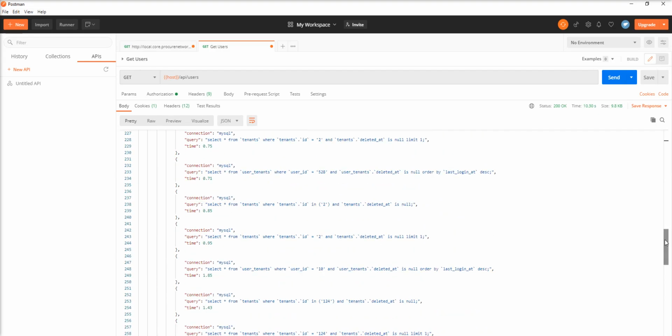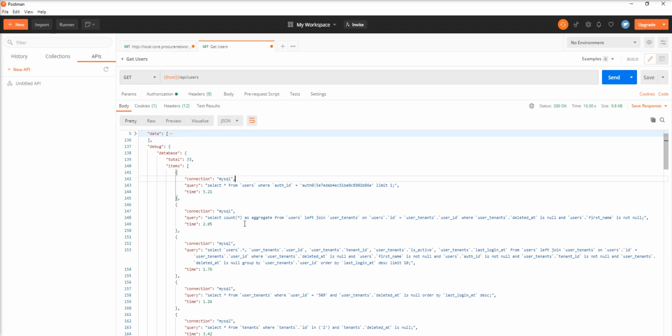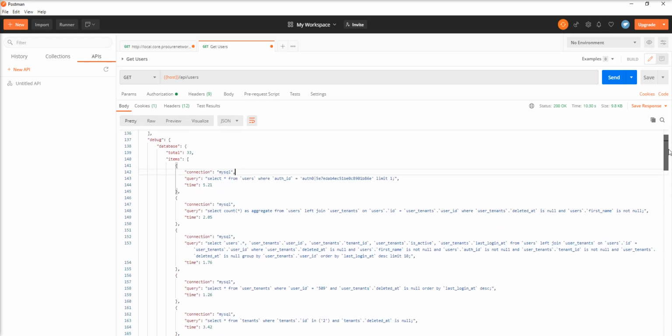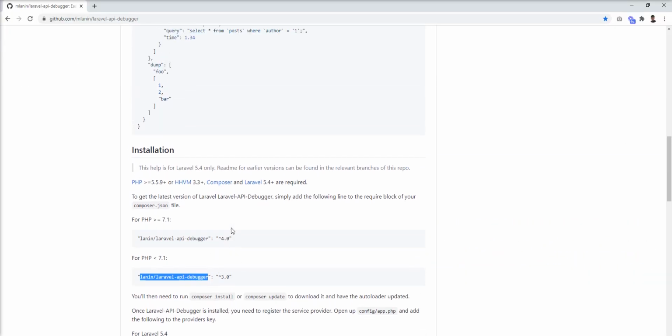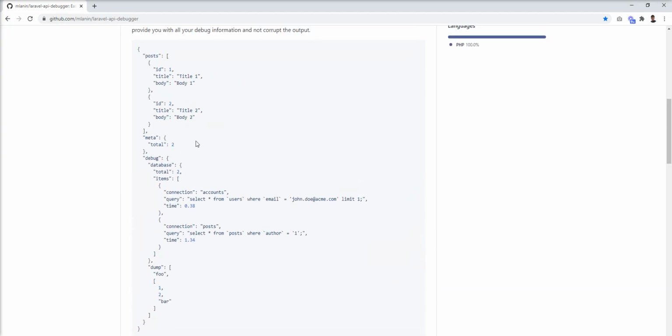This package easily integrates and provides all the queries in the response in all the APIs. You just need to install this package, and it provides all the queries and the query time as